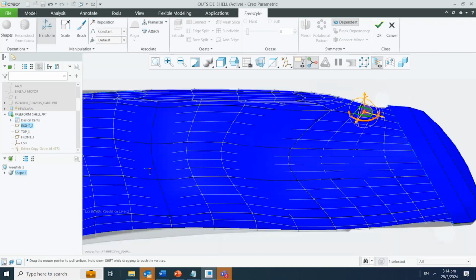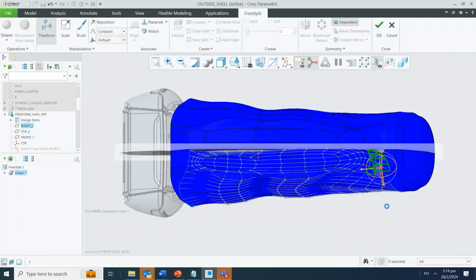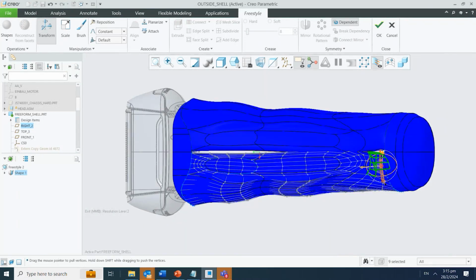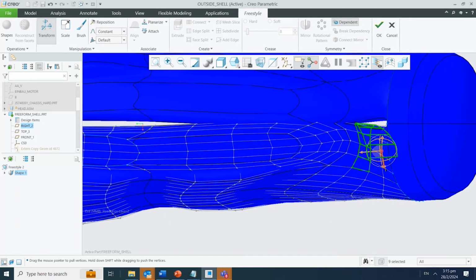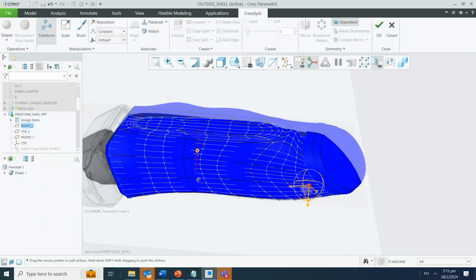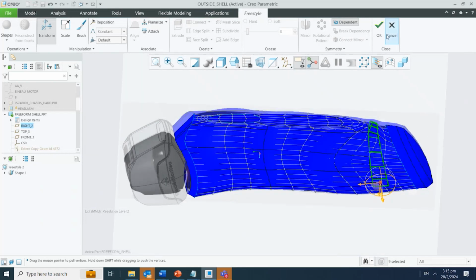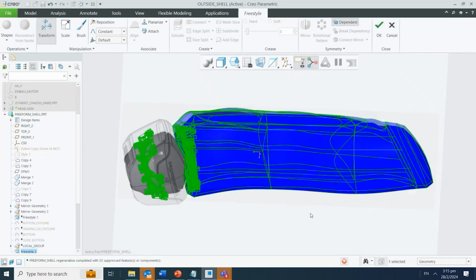Let me choose around this area here. Okay, and I can do this too. So if you want to do some modifications, you can use the push and pull technique for the conceptual design. So if I do an OK right now,